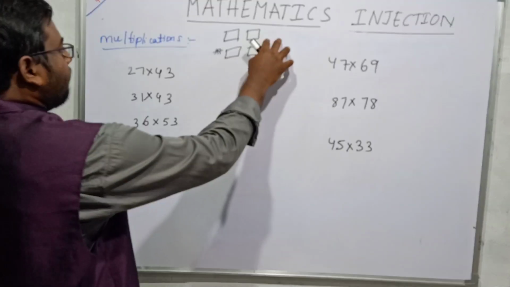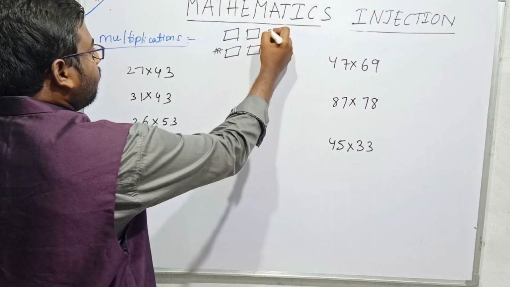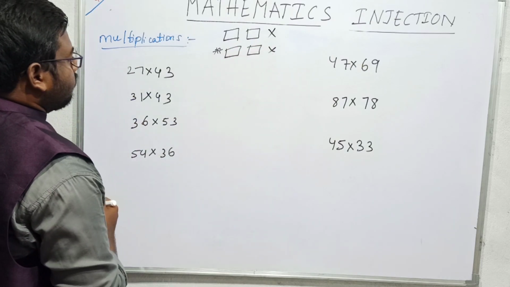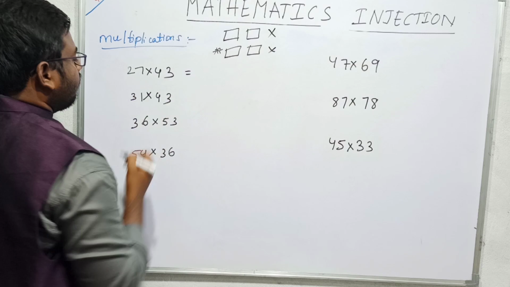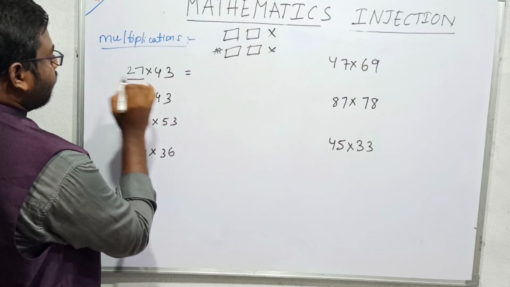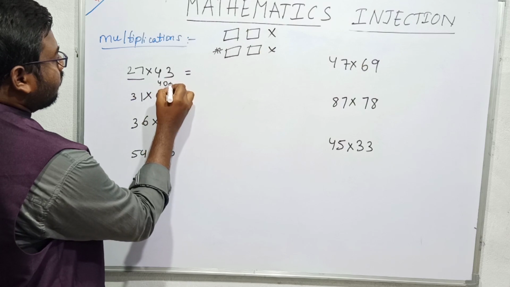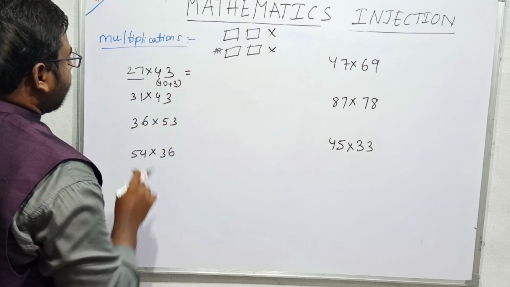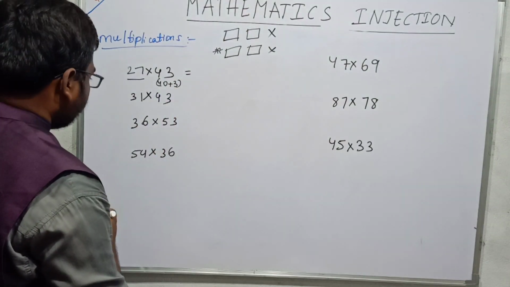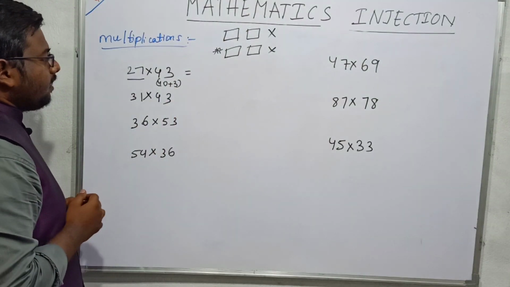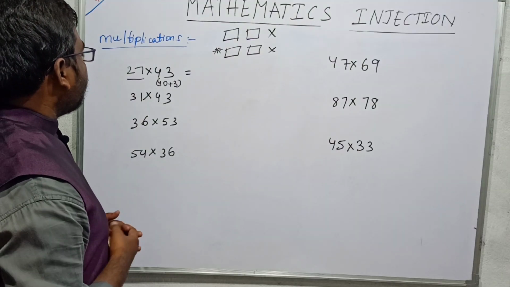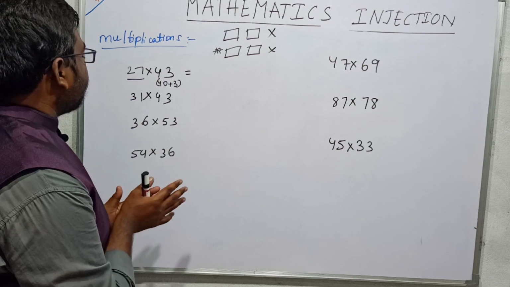A 2-digit number is multiplying with a 2-digit number. I don't know the multiplication with this number, and I don't know the multiplication with this number. So how to deal with this type of situation? As it is 27, if I take 27 as distributor, I will write this as 40 plus 3. I know how to multiply 27 with 4 and 27 with 3. So in this type of case, memory plays a prominent role.